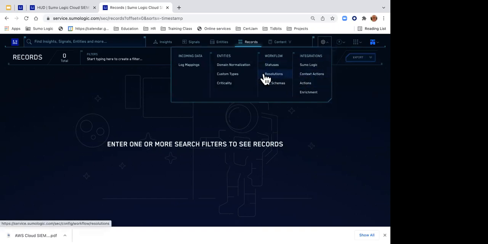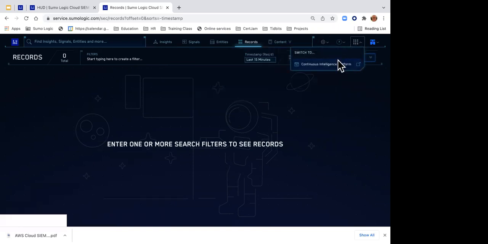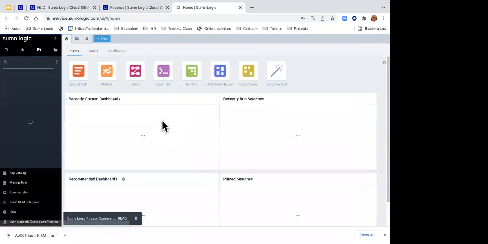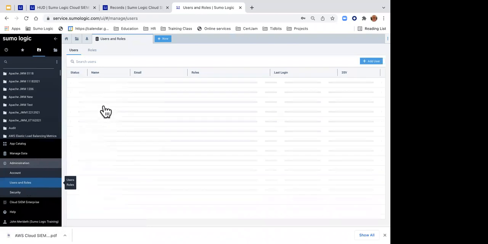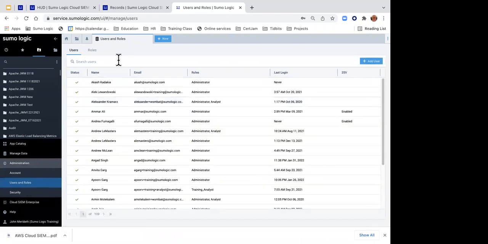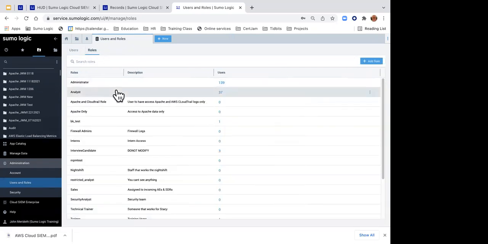By the way, speaking of privileges, when you set this up, you can decide that maybe a SOC analyst 1 should have certain privileges different than a SOC analyst 2, different than a SOC analyst 3, different than a SOC admin. So you can go in and set the security of that, just like you do in all things Sumo Logic. We've got a Cloud SIEM administration class where we show you how that stuff is done. But basically, you're going to use the Sumo Logic role-based access controls. We're going to take users, assign them to roles, and then you assign the role the certain permissions that you want them to have. Okay, so that's how that all gets done.